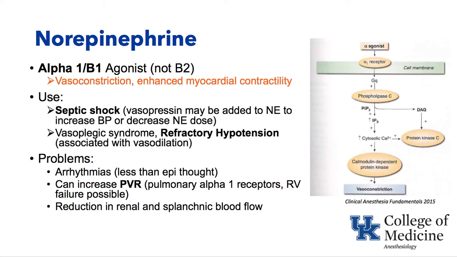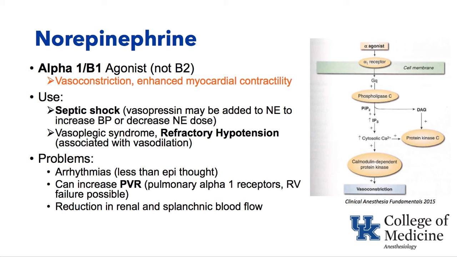There are probably better choices. Also, norepinephrine is an intense constrictor of renal and splanchnic blood flow, reducing both. So in summary, norepinephrine is mainly used for its alpha-1 vasoconstricting effect, but also has a beta-1 effect and can increase